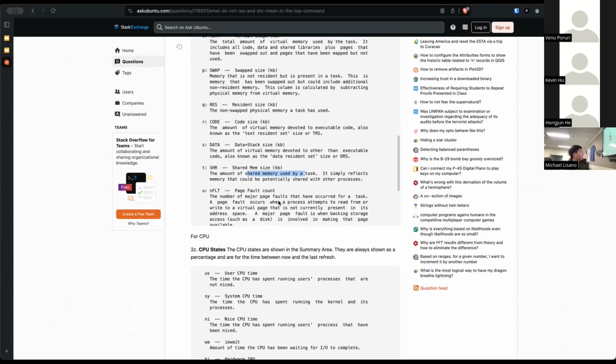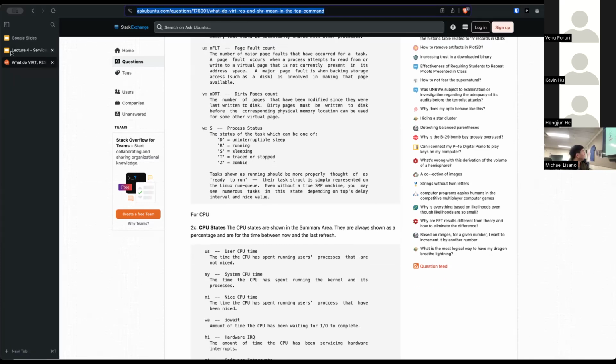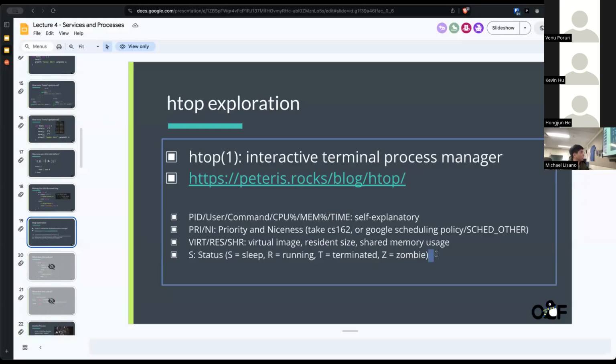If you want to go more advanced, there are other markings. You can just pull up the man page, but yeah, if you want something to take a look at first, I guess this is it.